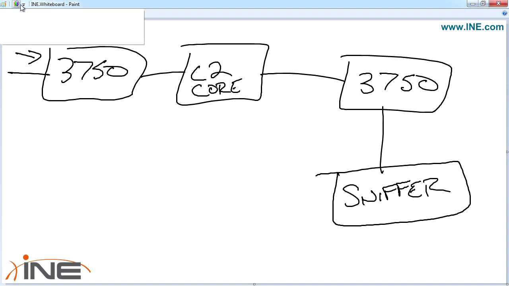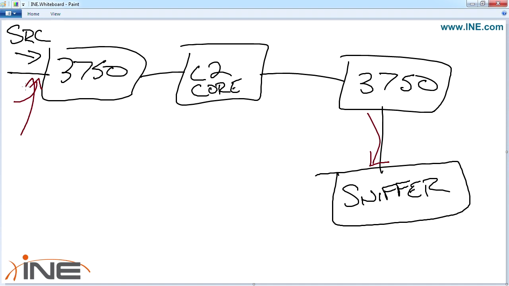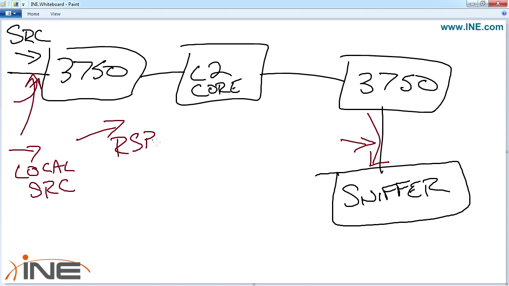Now, if I'm trying to get traffic from this source to redirect the packets down there, I'm going to have a problem that I have multiple layer 2 hops in the transit between them. So the source is over here, destination is down here. So the original solution for this was to take the traffic from the local source and to redirect this onto a specific dedicated R-span